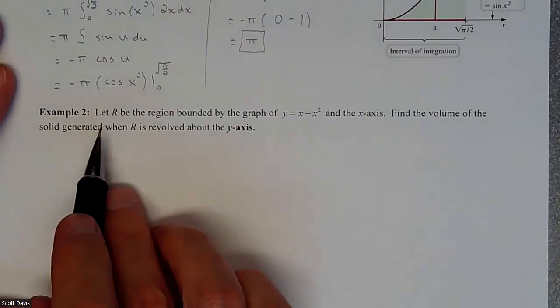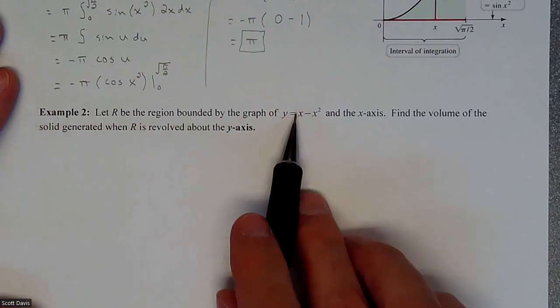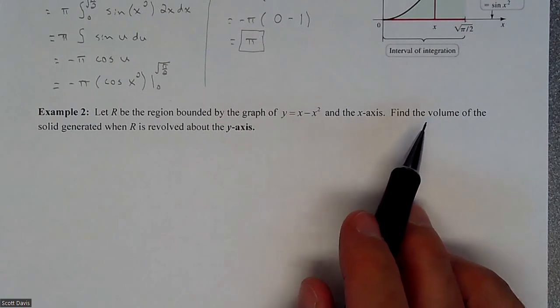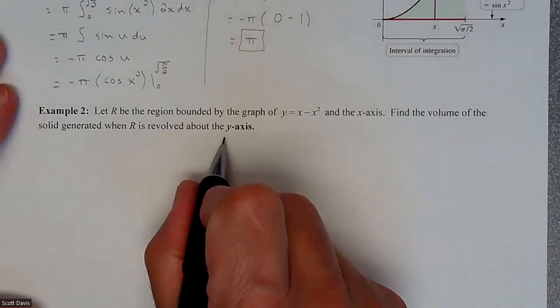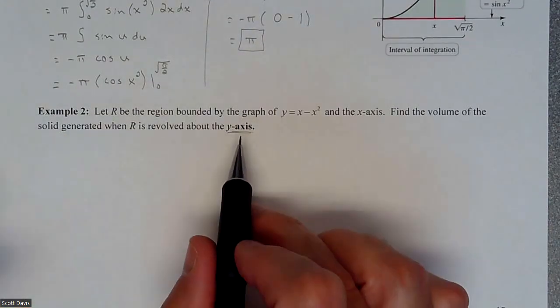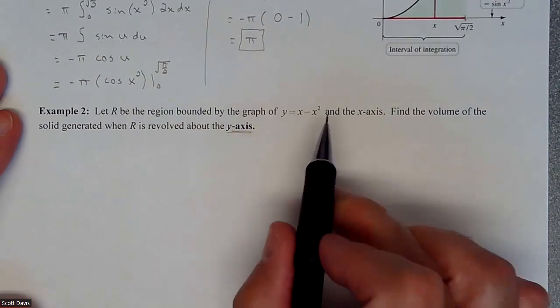In this example, we are going to try to find the volume. Let R be the region bounded by the graph of this quadratic and the x-axis. So we're going to find the volume generated when R is revolved around the y-axis. If I am doing the y-axis, then I'm going to need to put everything into terms of y, which